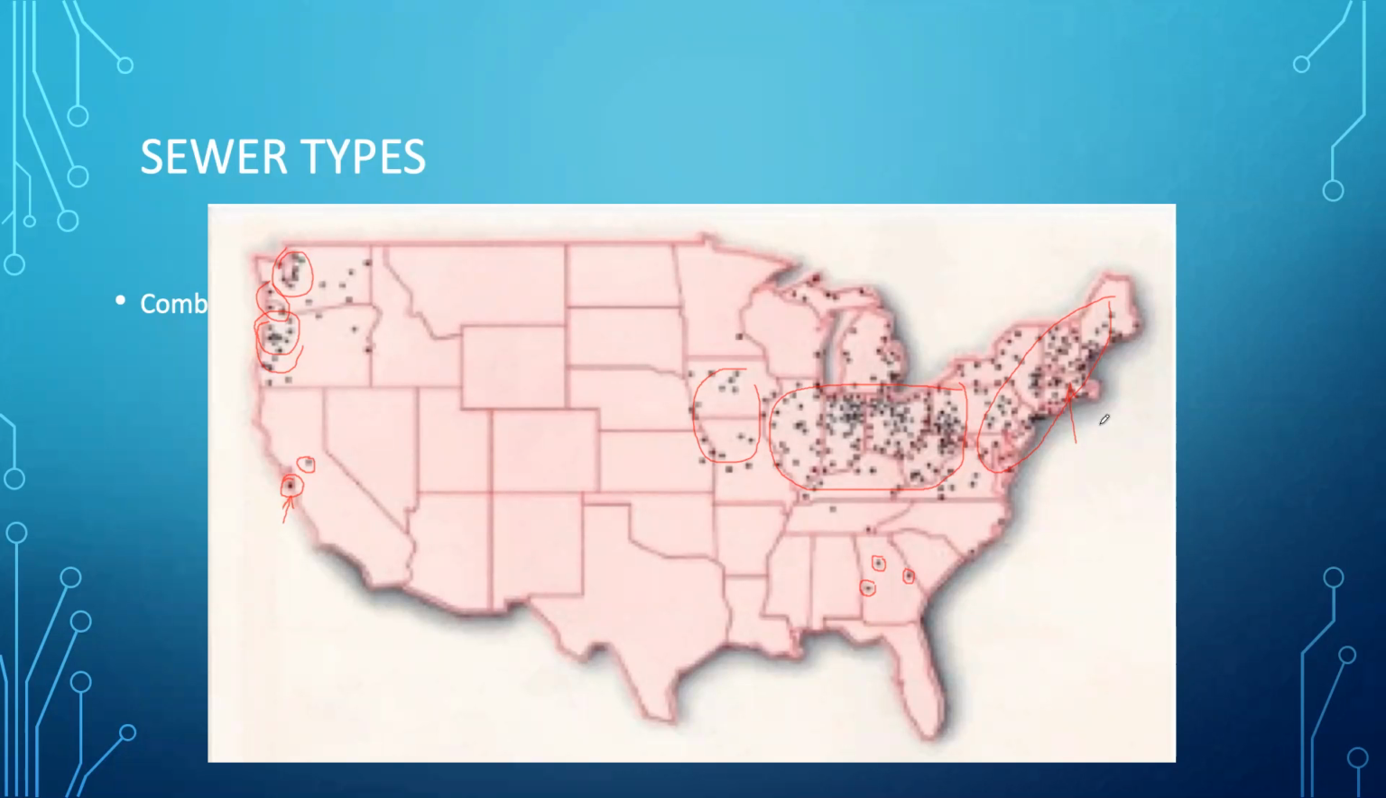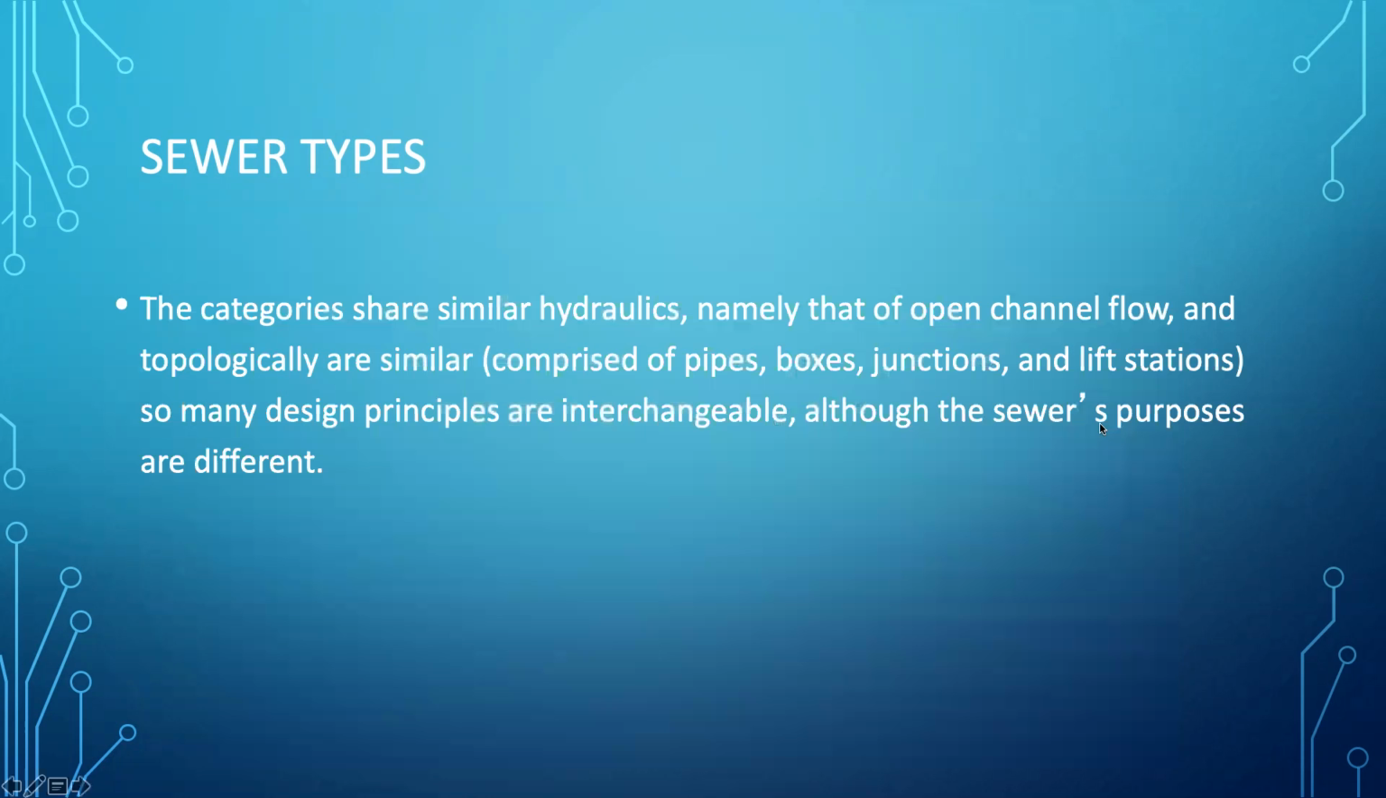So I bring this to your attention mostly because it's likely that some of you in your career will either live and work in these particular areas or have engineering contract jobs that involve work in these areas. And if you're doing sewer work, you need to be aware of the differences between combined and separate. So sewer categories basically share similar hydraulics. So the hydraulics of open channel flow, the hydraulics of storm sewage are essentially the same as the hydraulics of